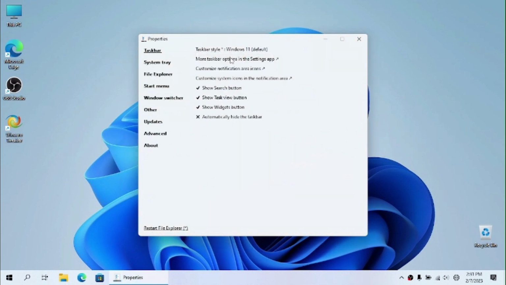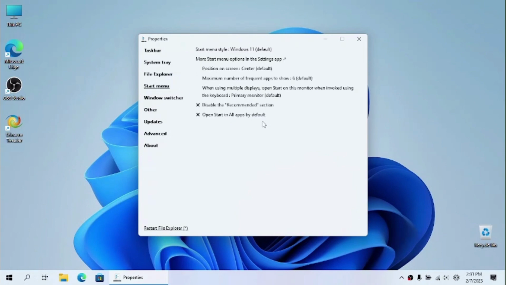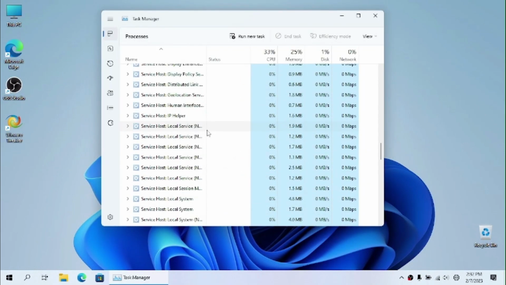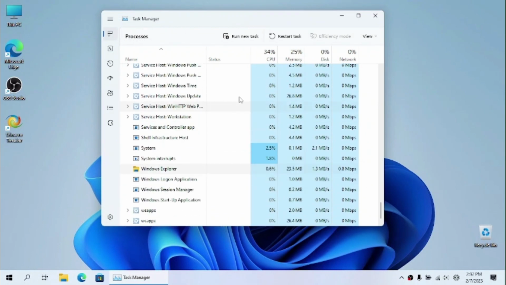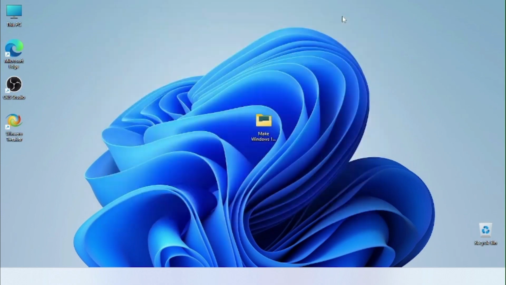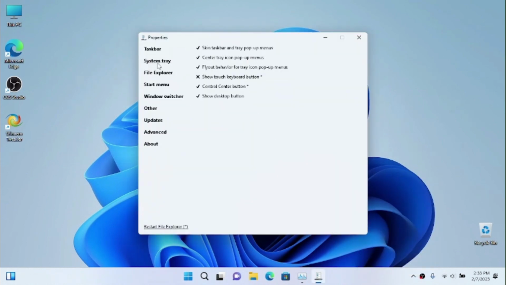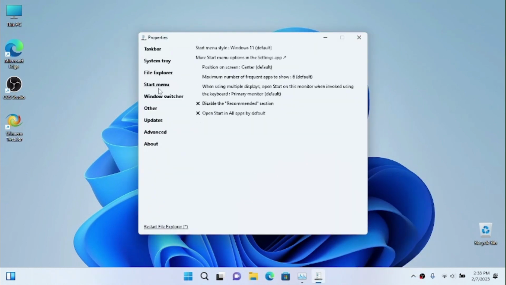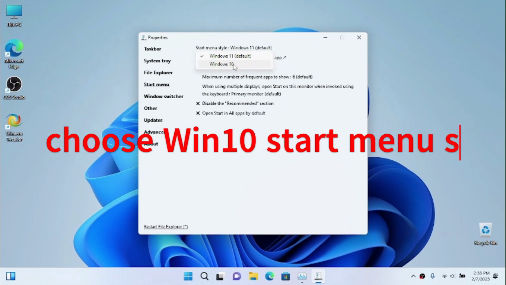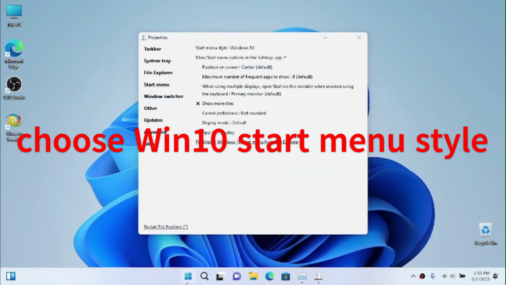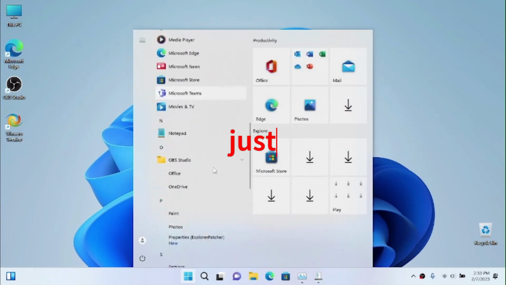Now we're going to change the taskbar style to Windows 11, and what we need to find is under the start menu tab, and we want to find where to choose the start menu style to Windows 10, and here we have a Windows 10 start menu in the